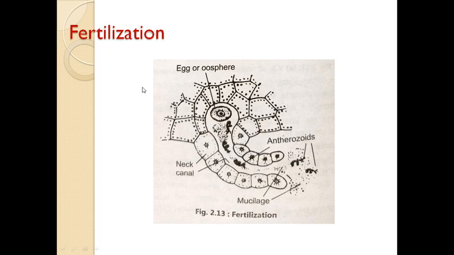Fertilization is the most important event. It takes place only in the presence of water. So students, remember that water is essential for fertilization. The swimming of anthrazoids is only possible when water is present. Water is essential for the anthrazoids to swim towards the archegonia and to break open the neck of the archegonia. The prothallus is monoecious. As a rule, there is cross fertilization, as antheridia mature much before the archegonia.